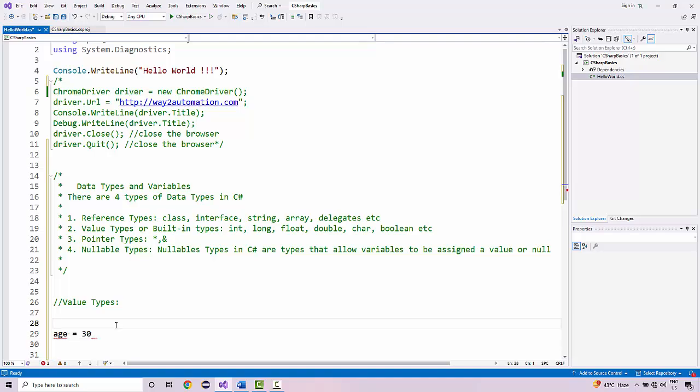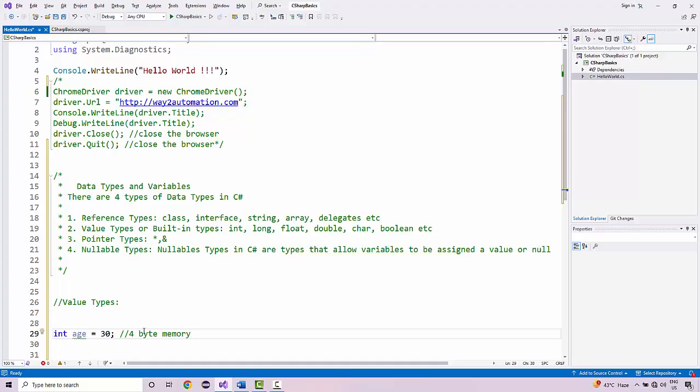Now every variable must have some data type, right? Depending on what value you are storing, you need to define a data type. So the data type for a number will be int, as in the integer data type. And then to end this statement, you need to add a semicolon. So this is how we have actually stored the age 30 in a variable which is of data type integer. Now this is actually gonna allocate 4 byte of